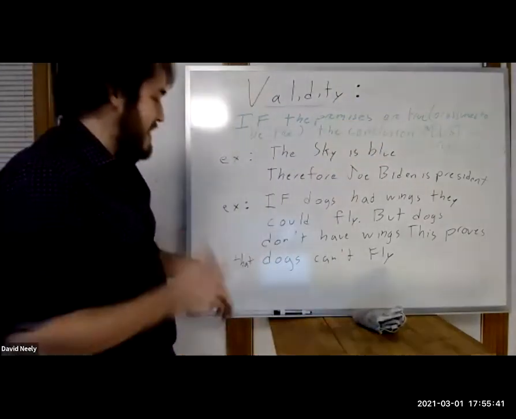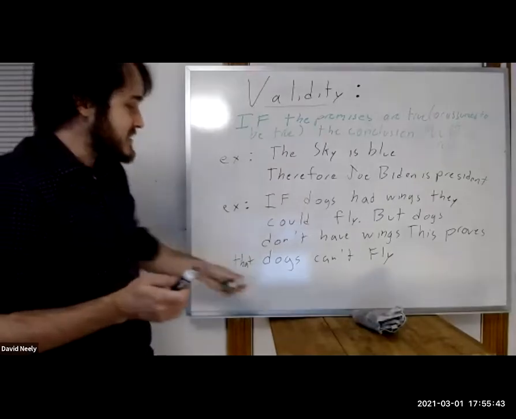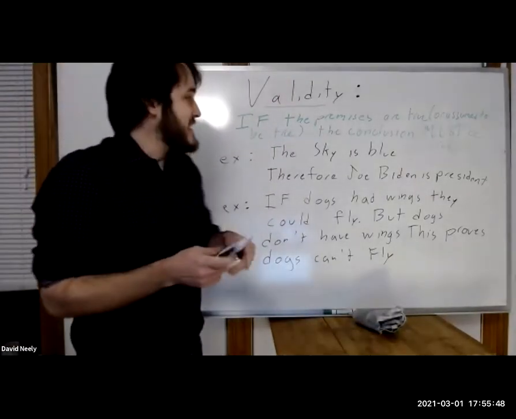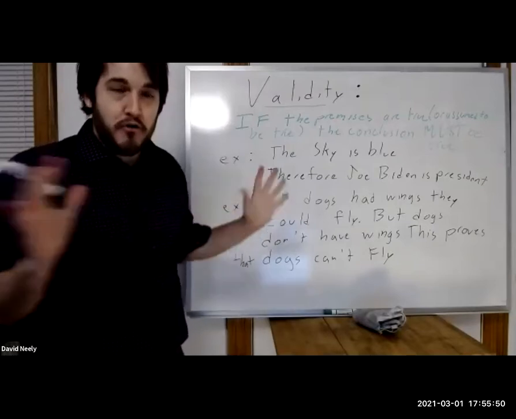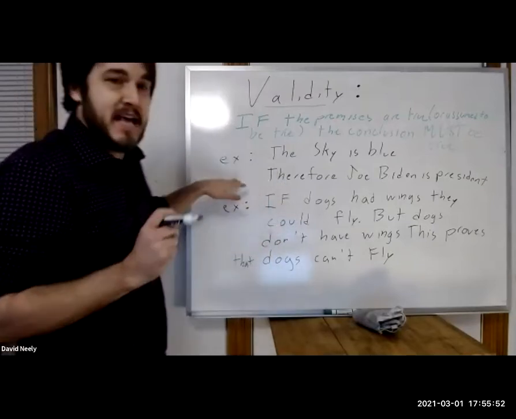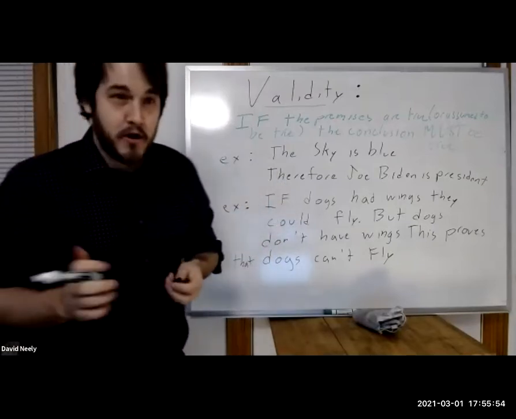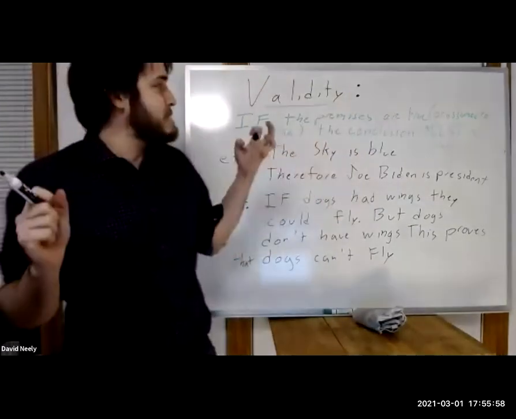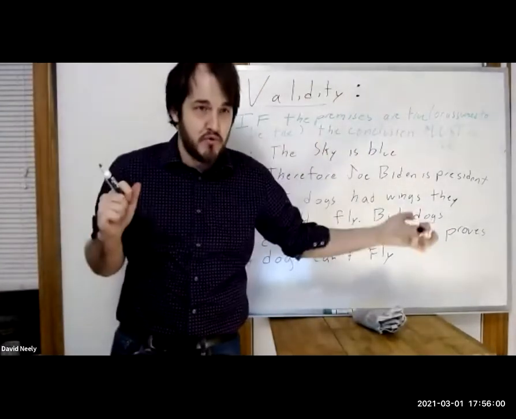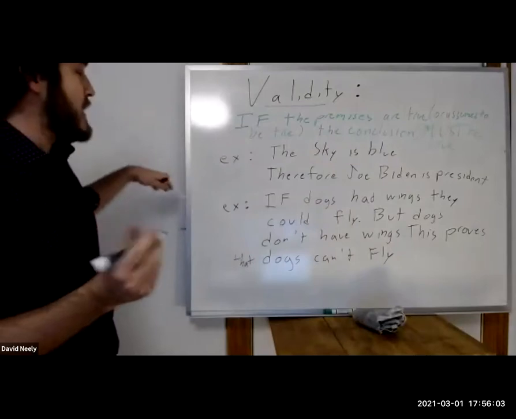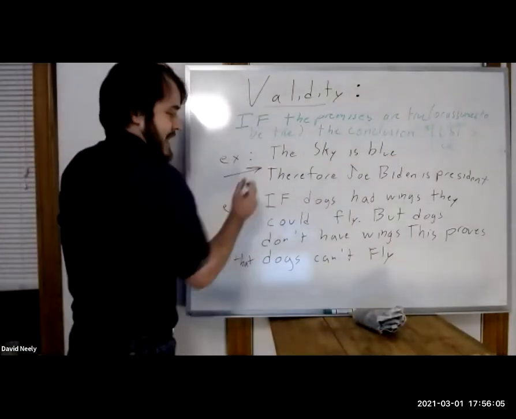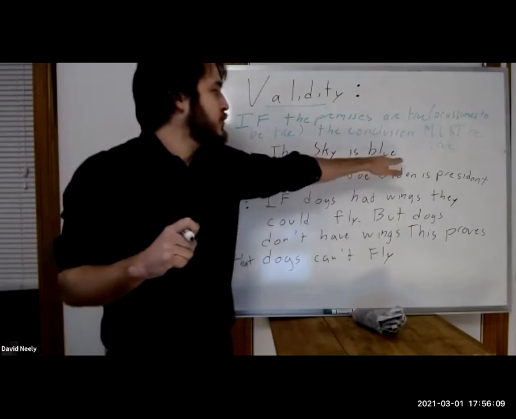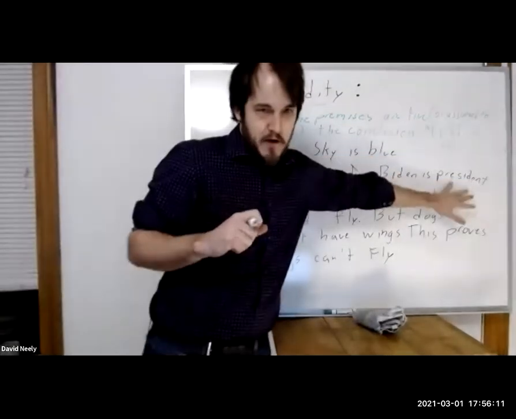So this can be very tricky, because there are lots of cases of arguments that are not valid because they are hidden amongst other sorts of things. And it can be tempting to say, oh no, that's a valid argument, because we draw on our everyday knowledge. And it's very important to keep apart the conclusion is true from the argument is valid. So here's the first one I want to do as an example of trying to tease them apart one last time. The sky is blue, therefore Joe Biden is president.